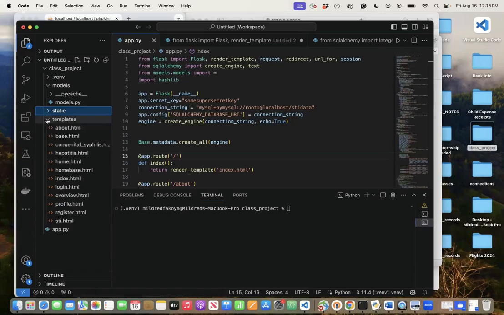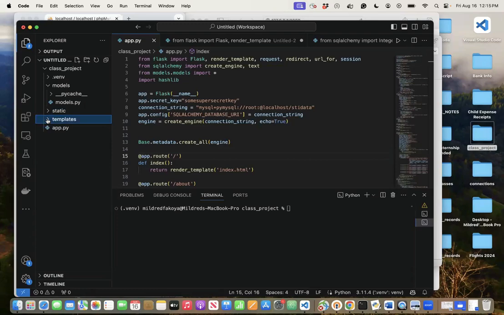There are ways you can modify and change these things and write extra code, but for beginners, it's better you stick with having a templates directory for all of your front-end code. When I say front-end, I mean just HTML, and static, which is still front-end, for your CSS and your JavaScript files. I've also created here a models directory,